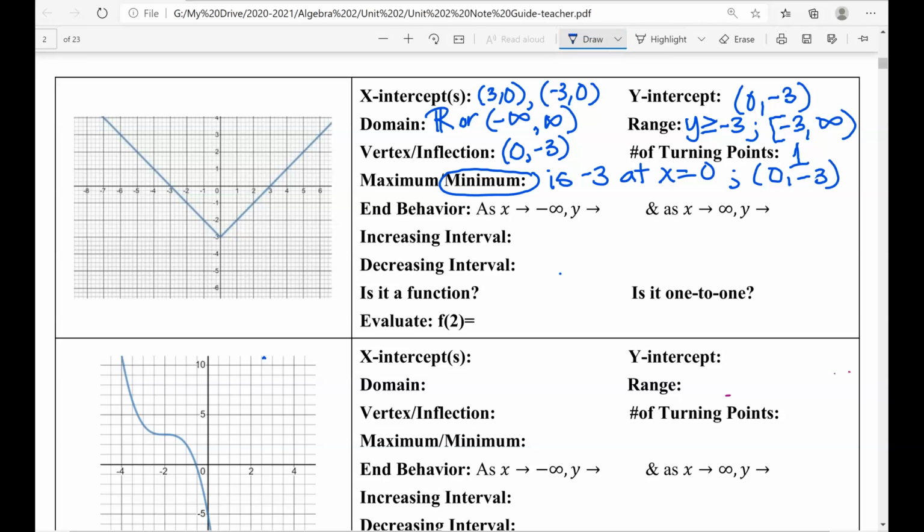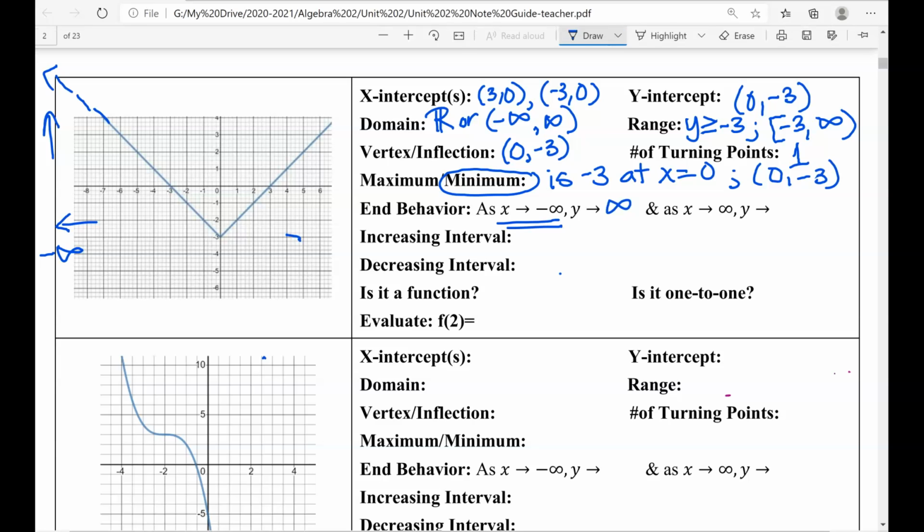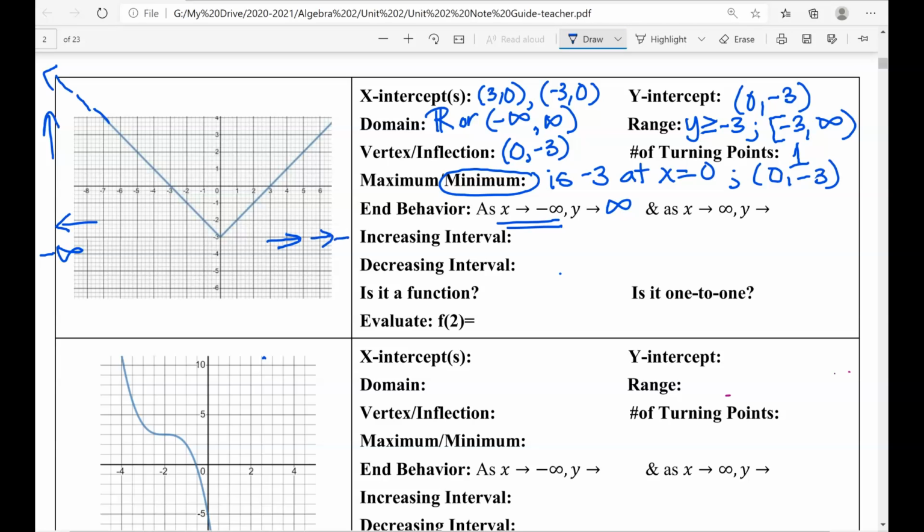End behavior. This is brand new to us. I want you to pay attention very carefully. End behavior means, hey, as x is going towards the left side, which is towards -infinity, remember -infinity is this way, okay? What is the behavior of y? Well, this one goes up and up and up forever, right? So y goes up forever. That means y is approaching positive infinity. Similarly, as x is going to the right indefinitely, approaching positive infinity,